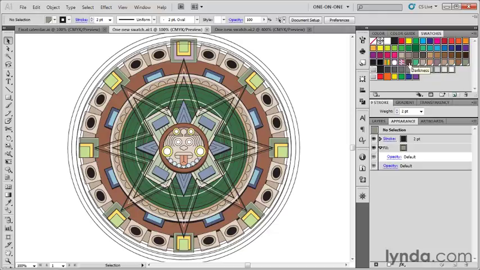But here's the deal. None of these global swatches are currently assigned to any objects inside of my artwork. So even though they may use the same color and they are actually based on colors inside of my artwork, they are not assigned to the artwork. So when you create a new swatch, unless an object is selected, then there is no link between that global swatch and the object. Anyway, so you have to kind of remember what you're doing as you're working through your